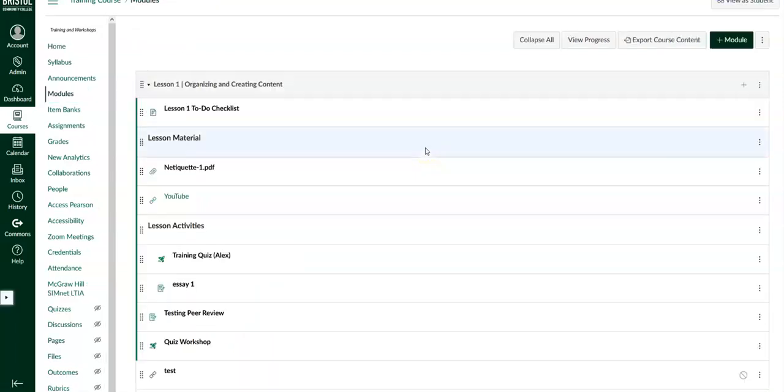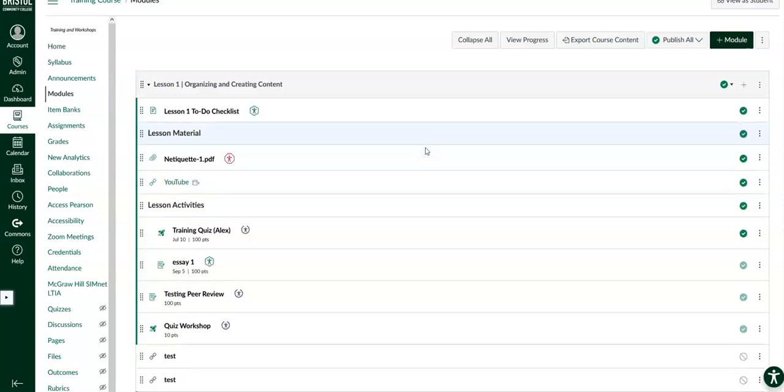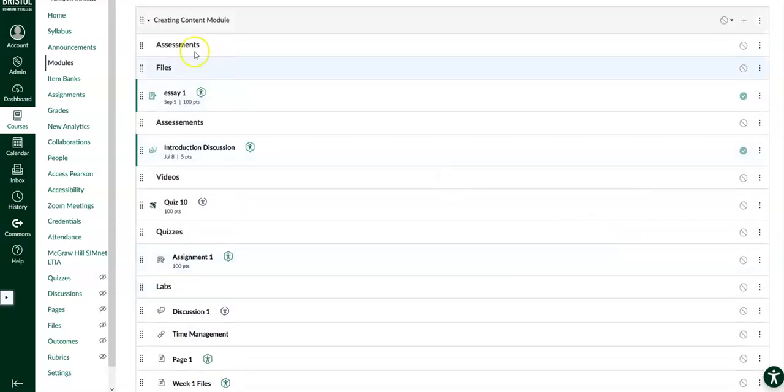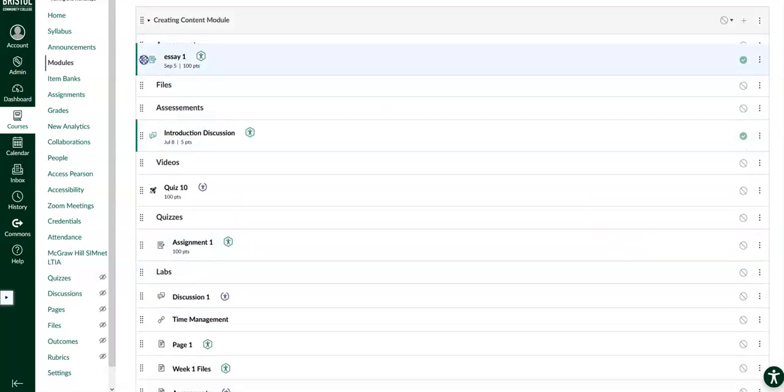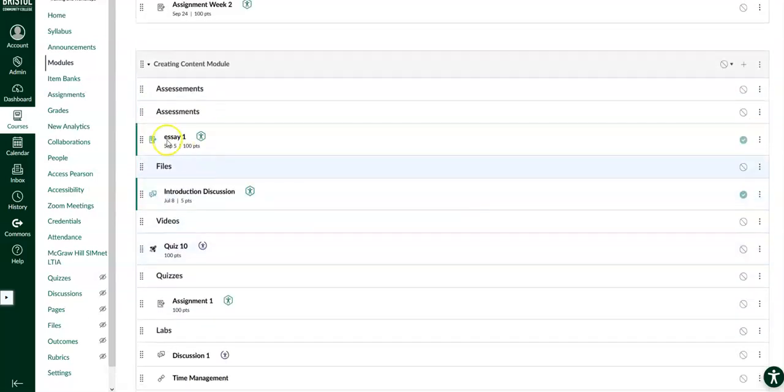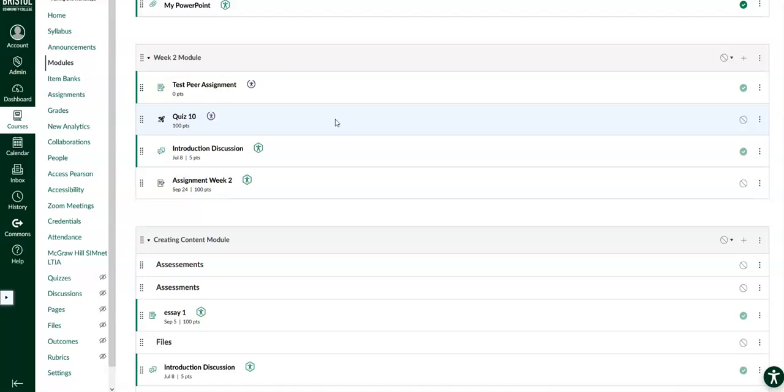You can also change the order or move things around inside the module. So you can move files, you can move titles, or also you can move things from one module to the other one. If I want to move this assignment,